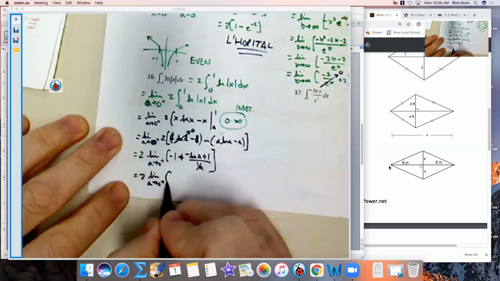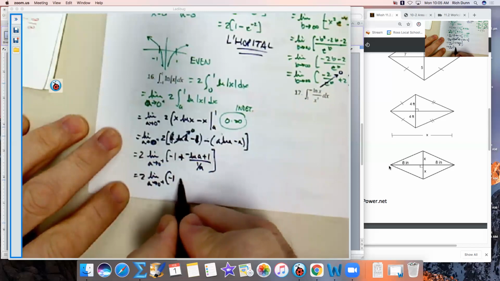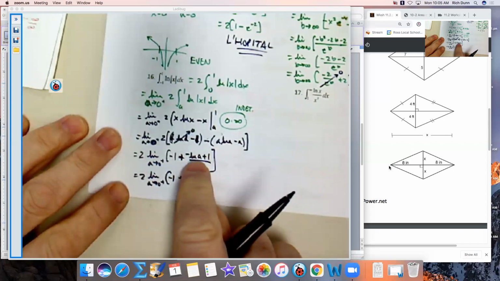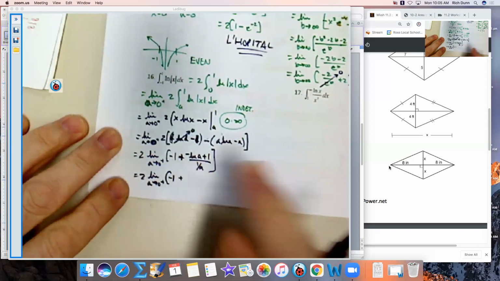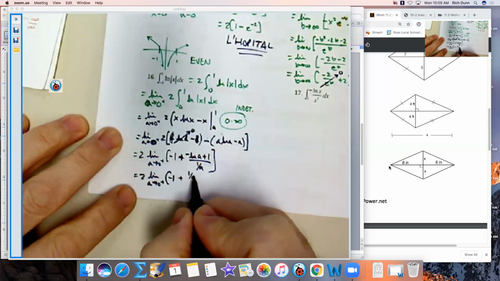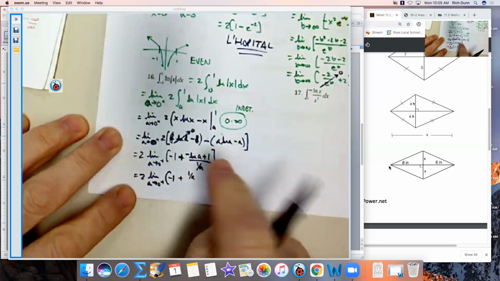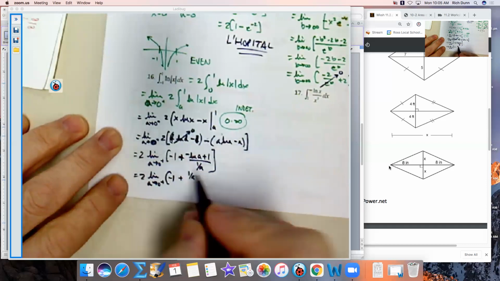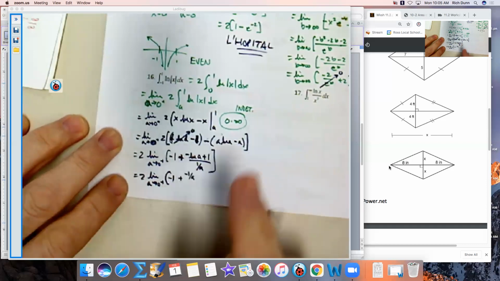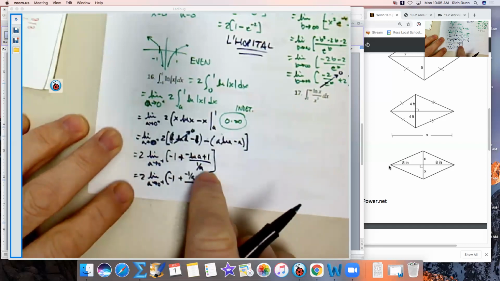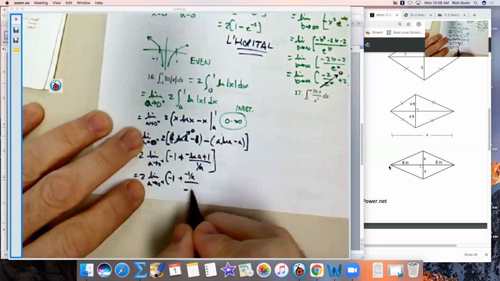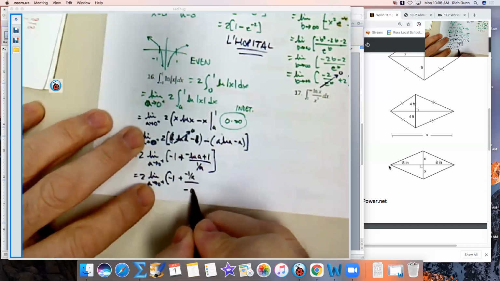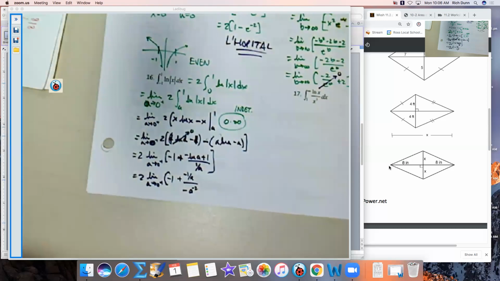I can't get rid of this negative 1. So this is plus the derivative of natural log of a, which will be 1 over a. Of course, the derivative of 1 will be 0, and I'll put this negative in there with that. And then the denominator will be negative a to the negative 2nd power,